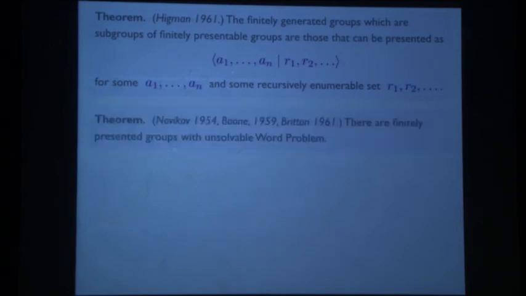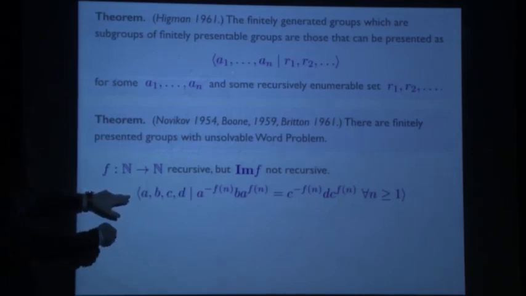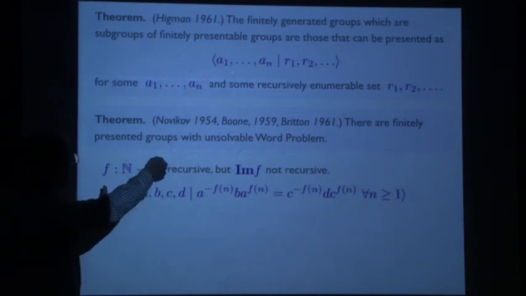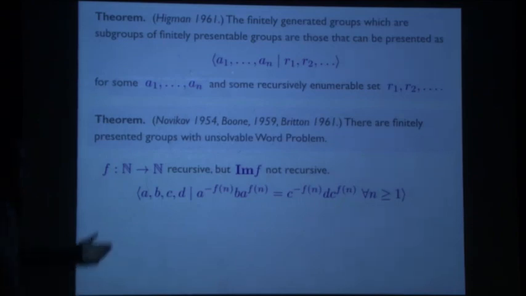Amazingly comprehensive theorem, and that built on the technology of this theorem, but I'm putting this one next because actually this is the sort of natural main theorem. This can be viewed as a consequence. There are finitely presented groups with unsolvable word problem, and therefore with Dehn function not bounded above by any recursive function. This follows from this, because if you take a function that's recursive but its image is not recursive, then take this group. So this is presented in this manner. The set of defining relations is recursively enumerable because f is recursive, and by Higman you can